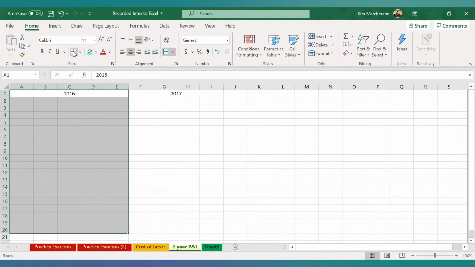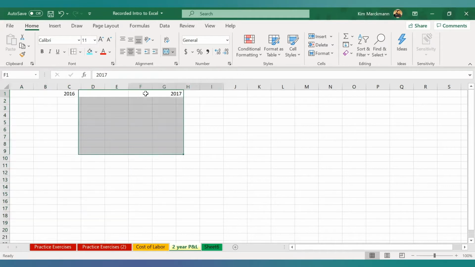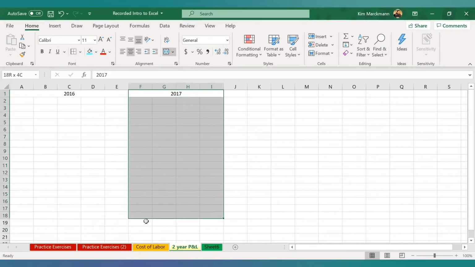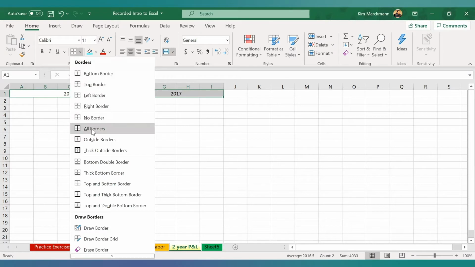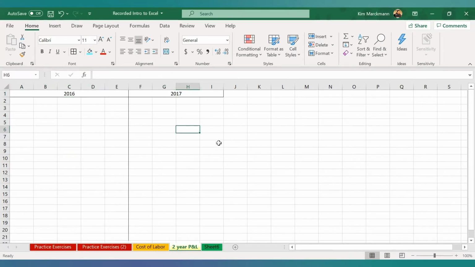I'll show you how to do some borders. So there's that left border. Can't really see it because it's kind of against that. And that one. So that way it kind of divides them. And then we can also, on the top, all borders. And so see, that kind of makes it